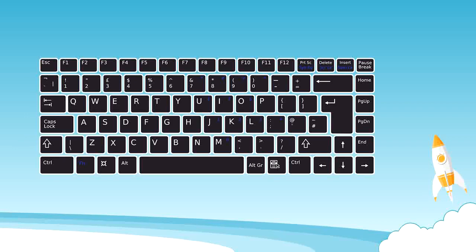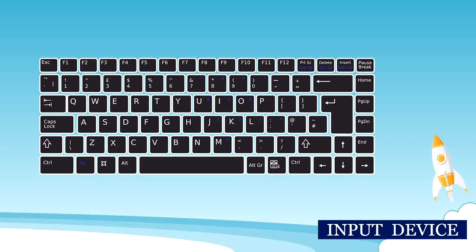What about a keyboard? Do you think it is an input or an output device? How will we know which one is it? Let us see it this way. When we type something on the keyboard, we get an output on the monitor. What does this make the keyboard then? Yes, it is an input device. It helps us to give some information into the computer.